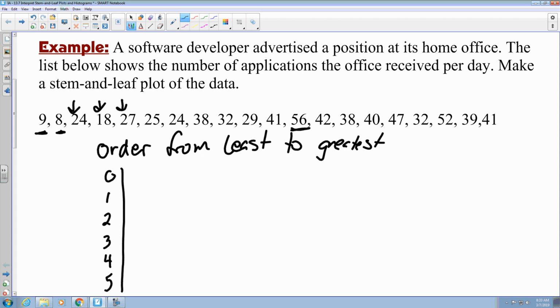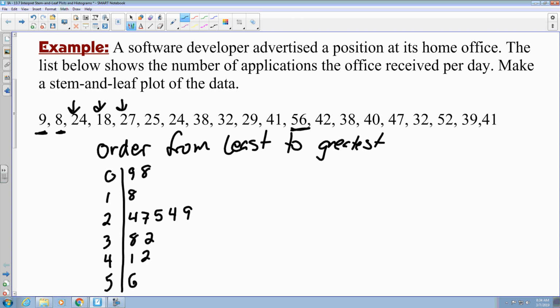So I got 9 to start with, so that goes with 0. 8 goes with 0. 24 goes with the 2, so I put the 4 there. 18 goes with 1. 27 goes with 2, 25 goes with 2, 24 goes with 2, 38 goes with 3, 32 goes with 3, 29 goes with 2, 41 goes with 4, 56 goes with 5,